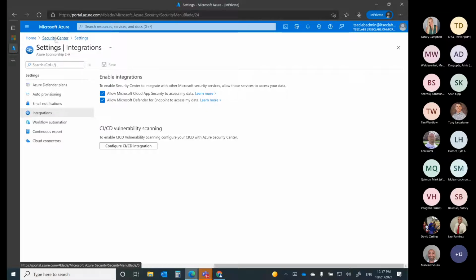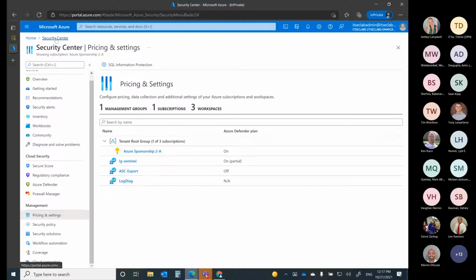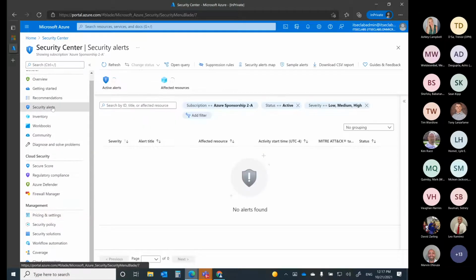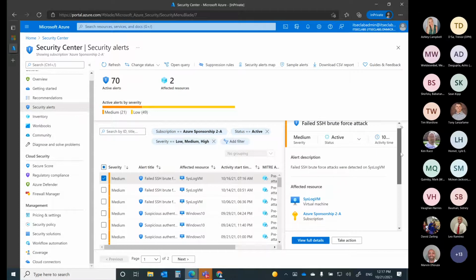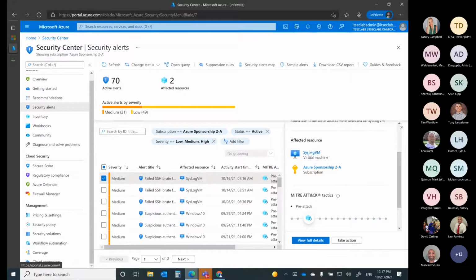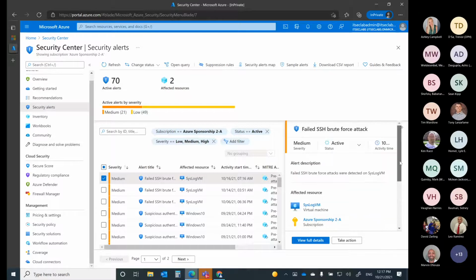Another thing that you get when you enable Azure Defender is, let's review the security alerts that we have. When you enable Azure Defender, it has the capability of informing you and protecting you against the different attacks that are out there. One of the things, really quick, is that it tells you not only the affected resource, but what type of attack tactic is being used,